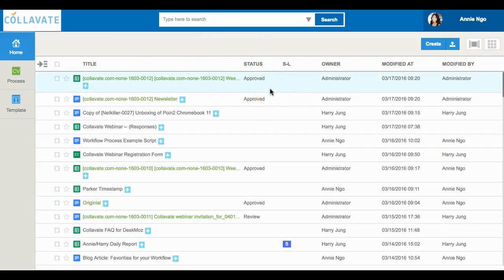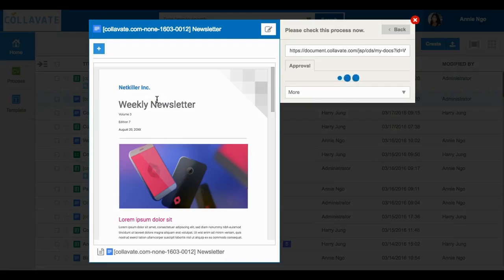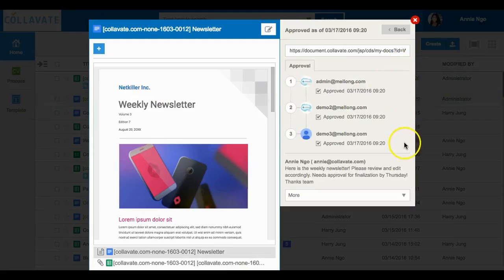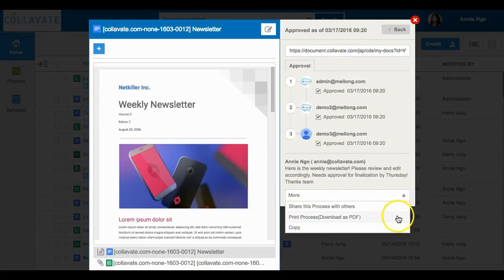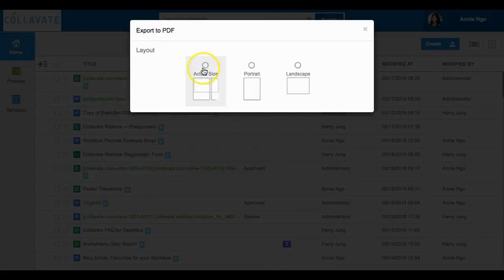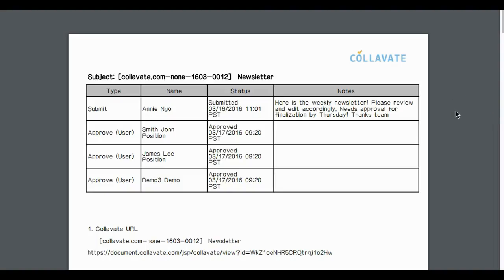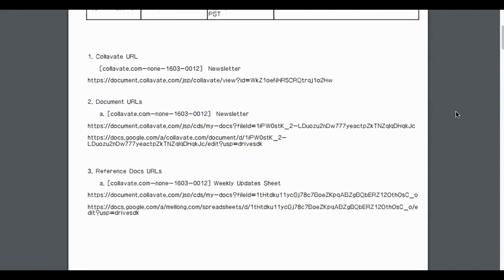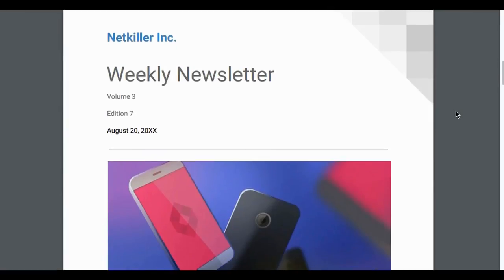I can then check by simply clicking on the file, and I will see that all 3 reviewers had approved of my draft. Now I can click More and print this process. My newsletter has now been exported as a PDF with a cover file. I can simply just print it and